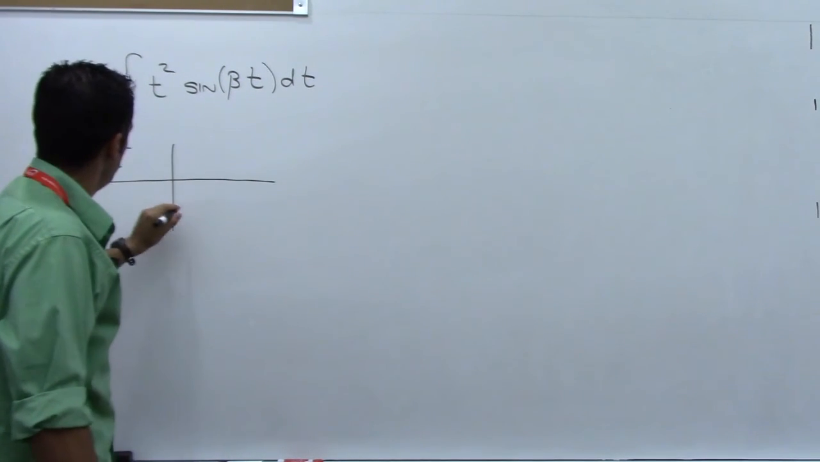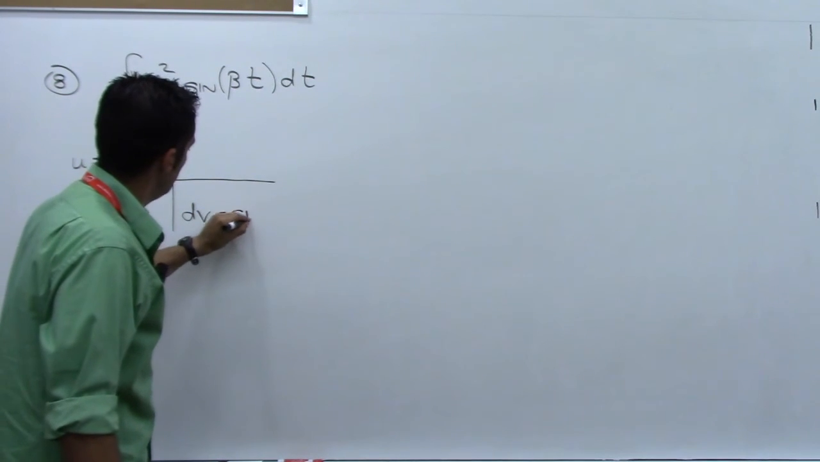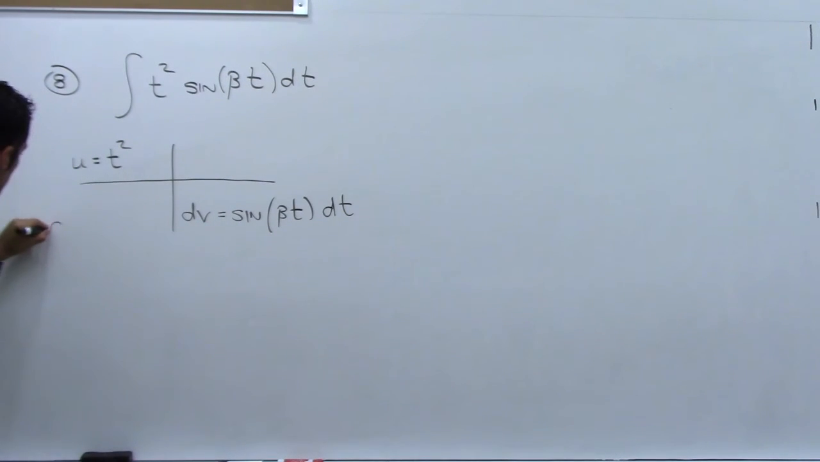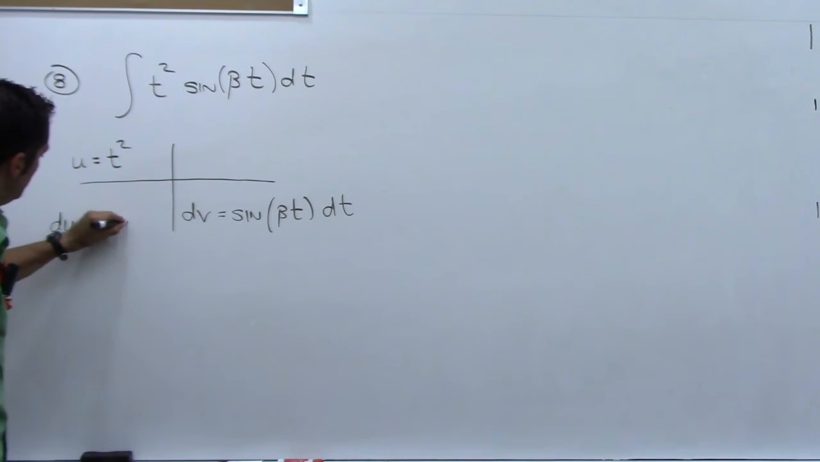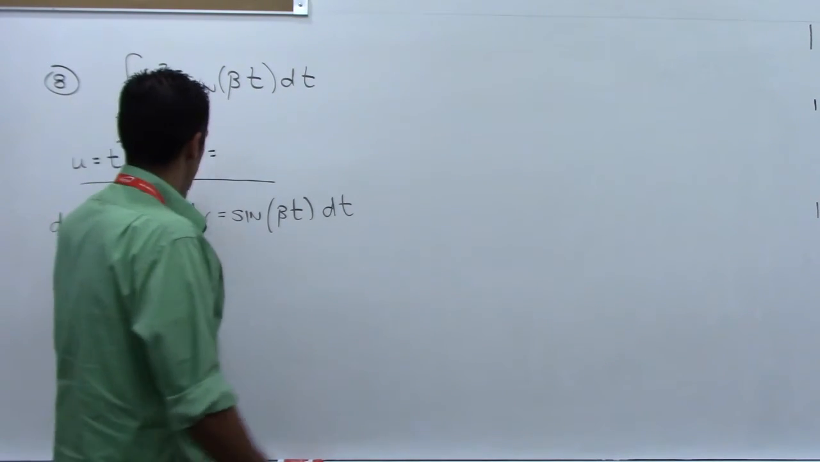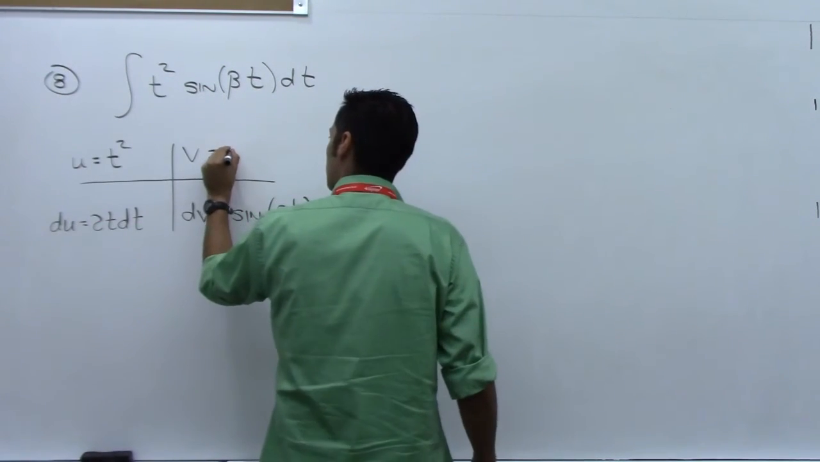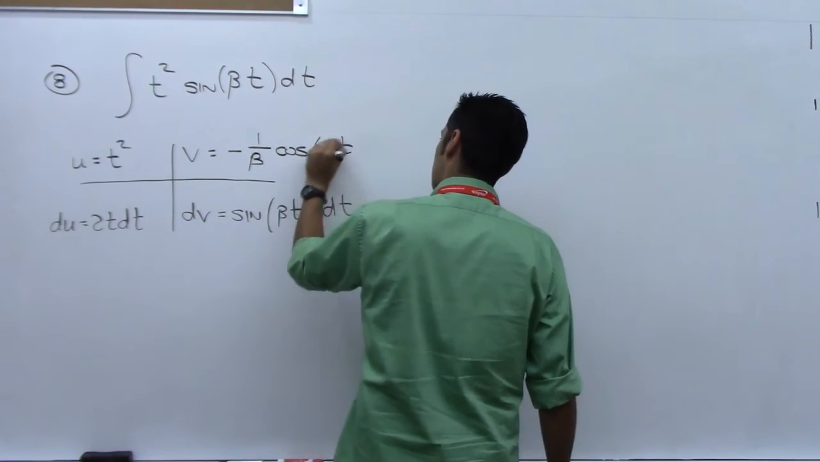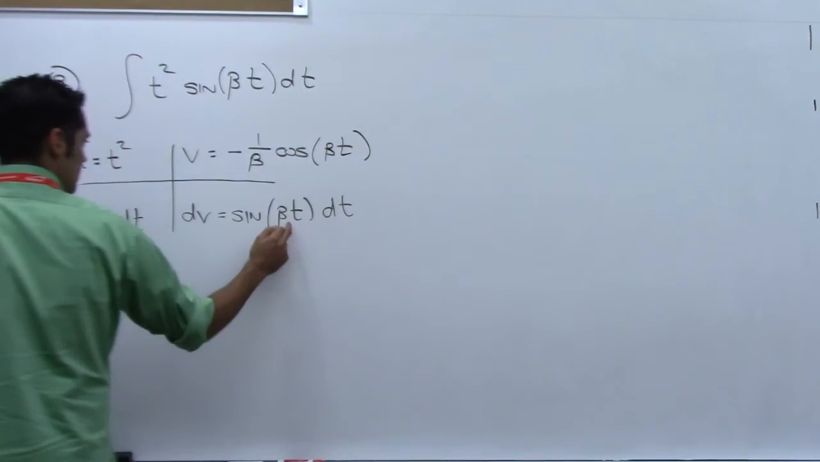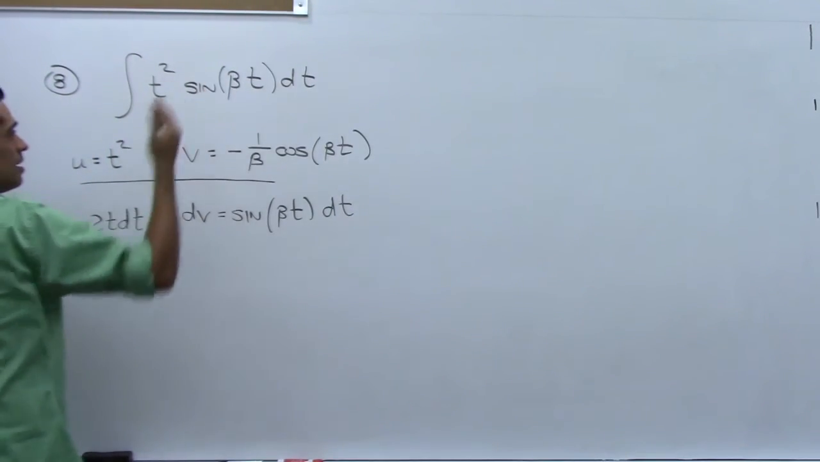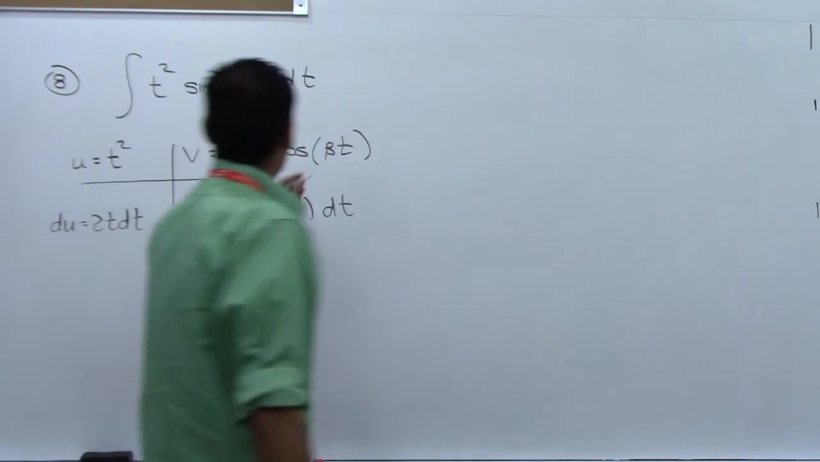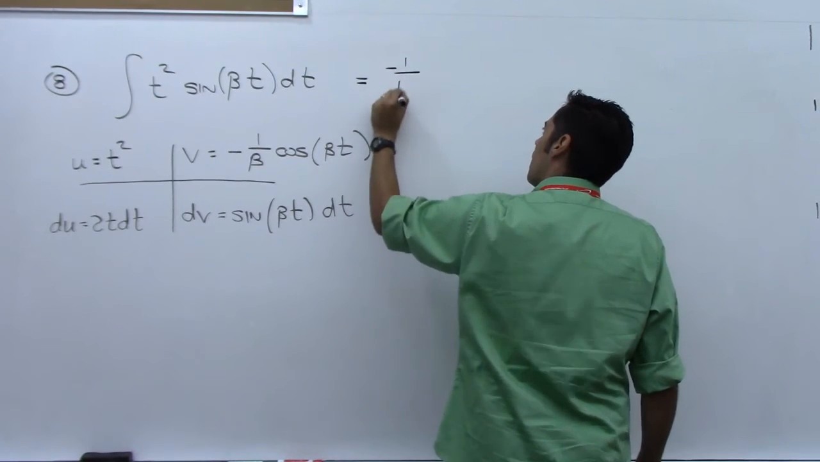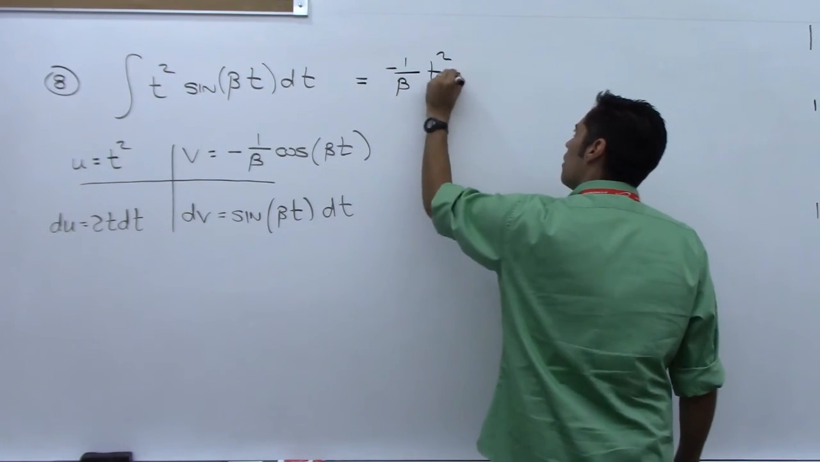U is t squared, dv is sine beta t dt. Now du will be 2t dt, and v will be the antiderivative of sine, which is negative 1 over beta cosine beta t. Always having to take care of that number in front of t. Remember, beta here is just a constant that we don't know. So we've got ultraviolet, so this times this, negative 1 over beta t squared cosine beta t